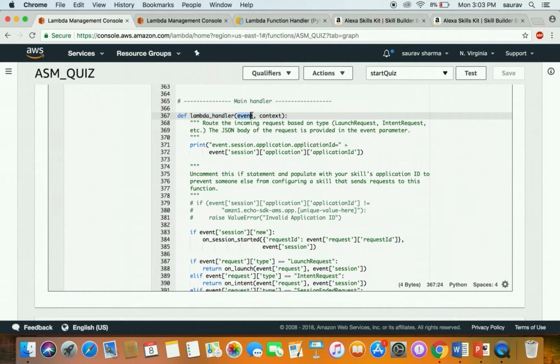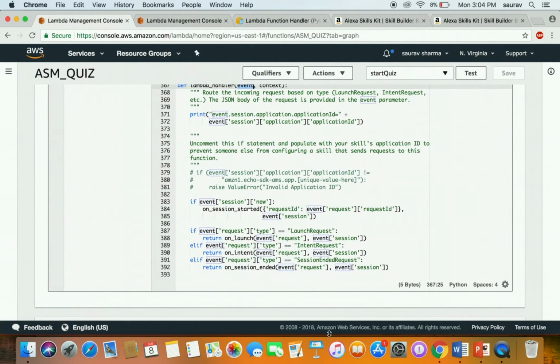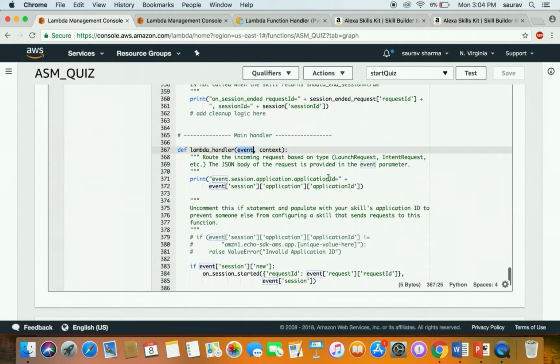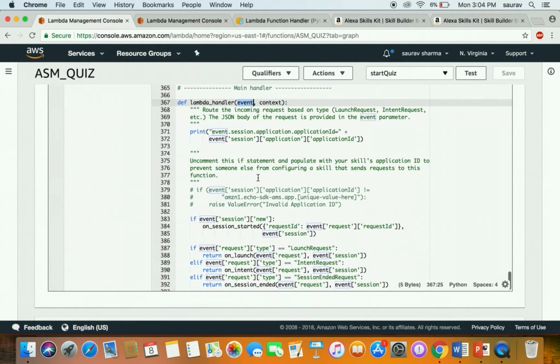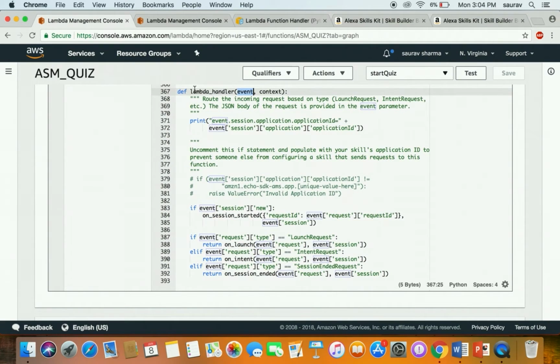We receive an event from Alexa Skills Kit, and according to what we get, we return something, right? And since we have an application that can do many things, we have a lot of lines of code. So let's start with the Lambda handler. This is where Alexa will first contact our Lambda, right? So once we get an event from Lambda, now this print,